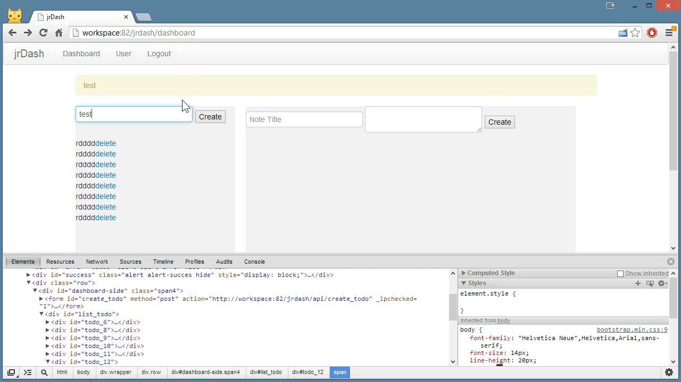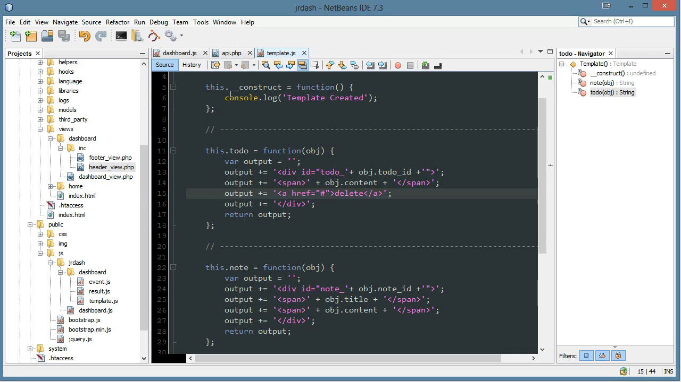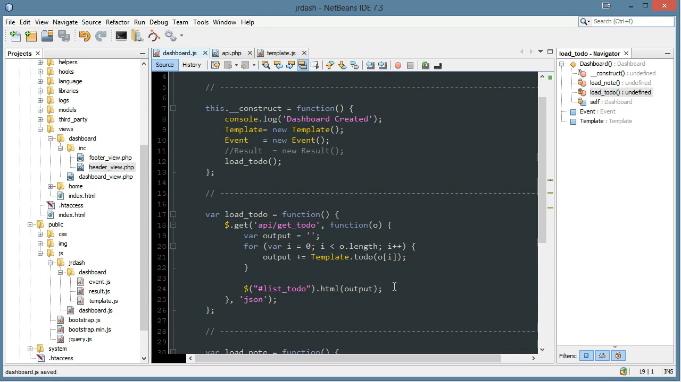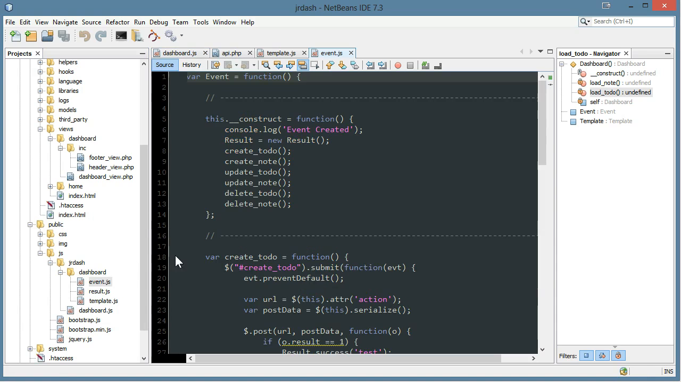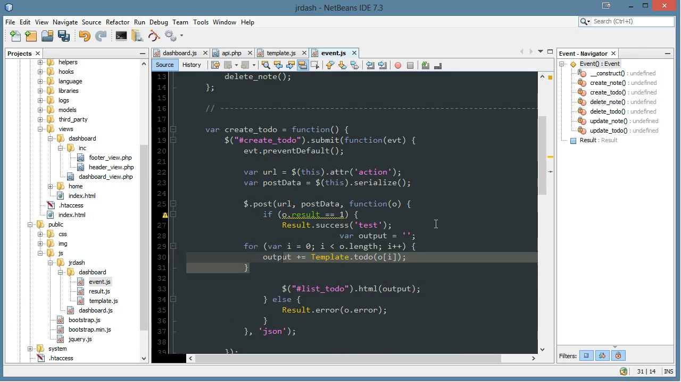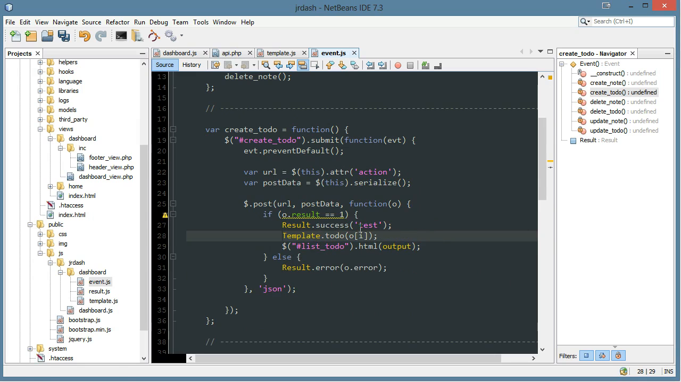Now when we create an item, we don't want to forget this. Look, we have to refresh to actually get it there. We're going to go to our event. Let's actually first copy this template. Let's just copy this chunk here, like so. And in the event, when they create one, if it's a success, we can delete most of this, but I just wanted two things. Whoops. So var output equals template to do o